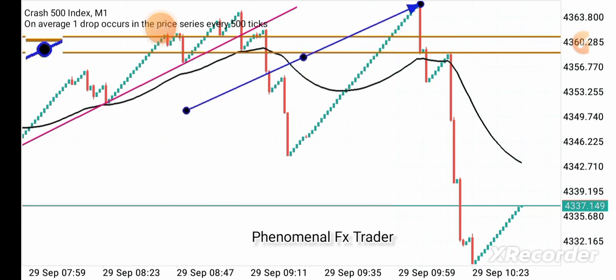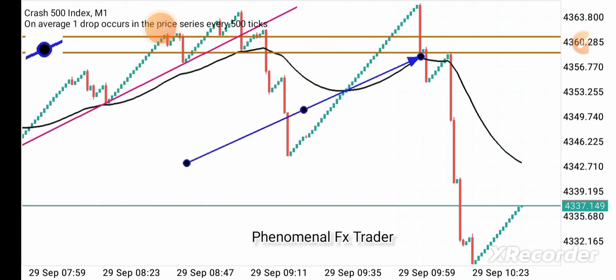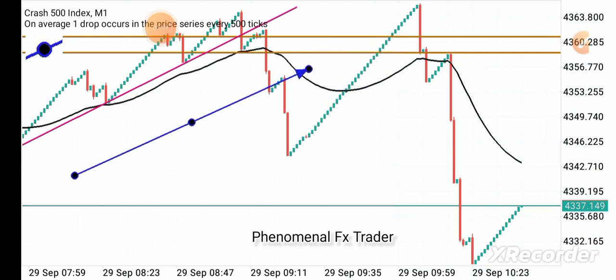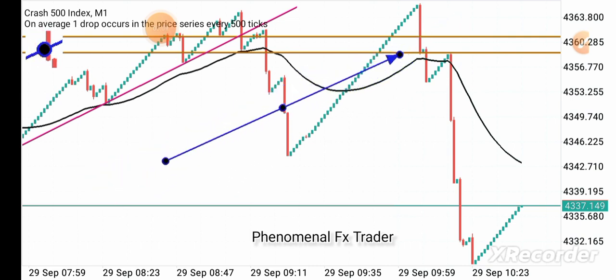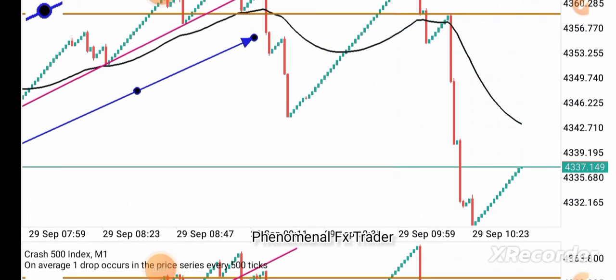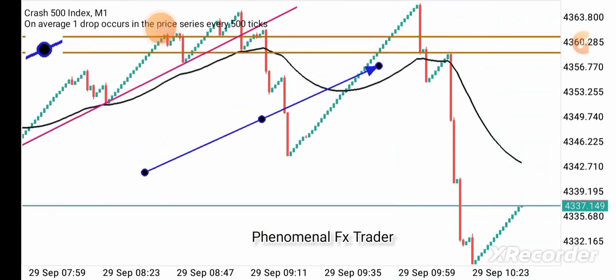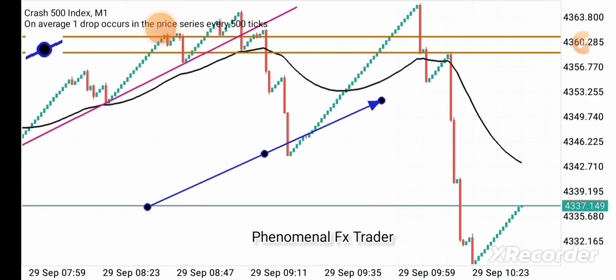Then it gave this first spike. After giving this first spike, I wanted to enter the market. I had to wait because anything can happen. It might decide to still buy because it was on a strong bullish. But what happened was the next candle it formed after this long spike was just a single bullish candle,